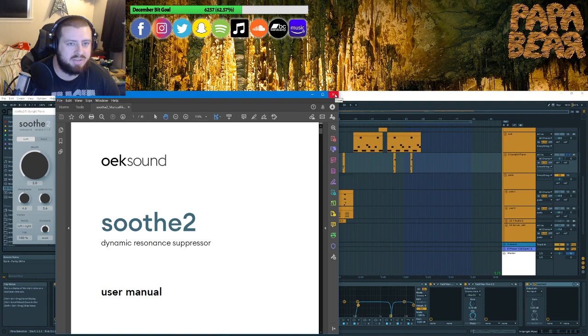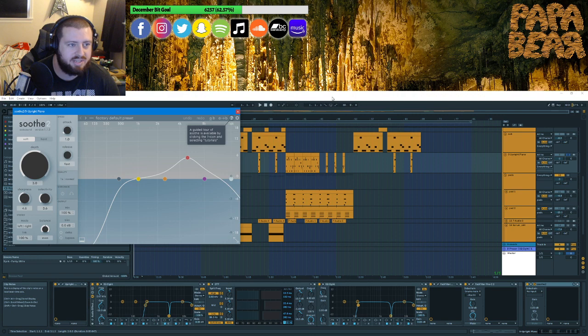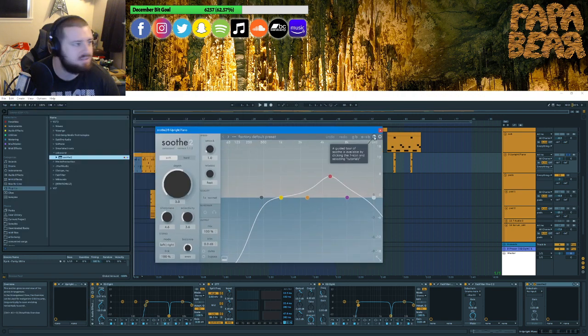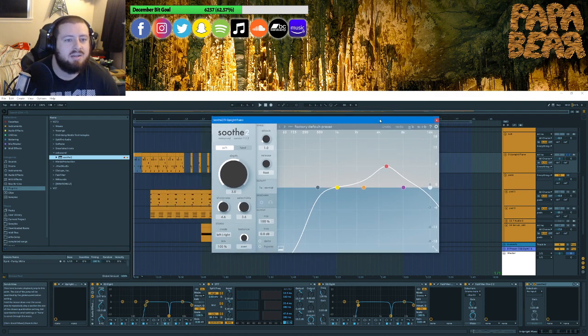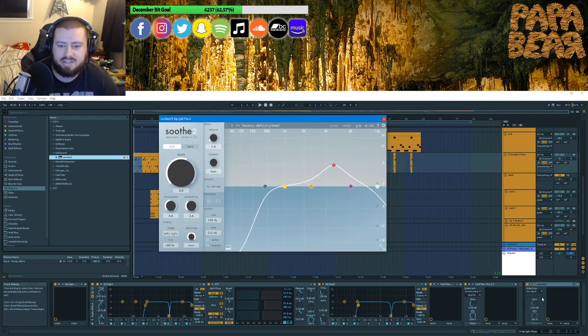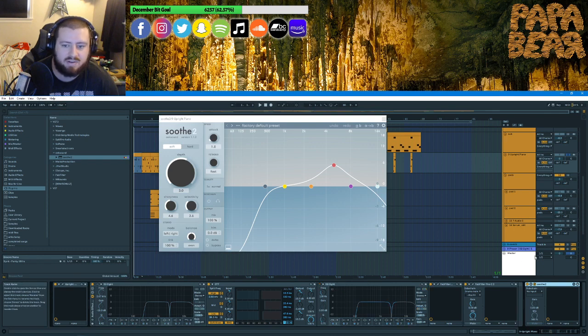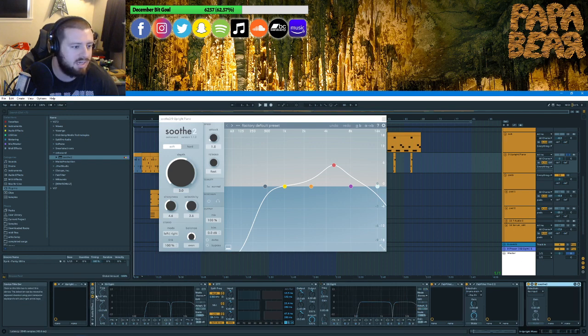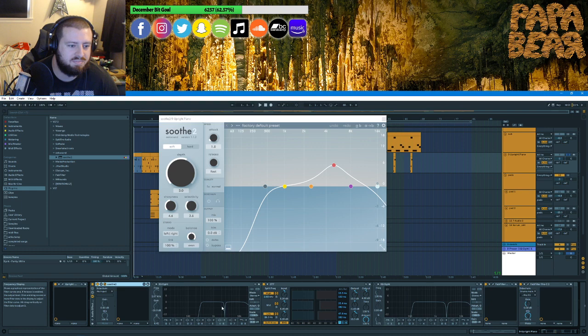Oh, pops up the manual. That's interesting. This is the first time I'm loading it, so first play around here. But okay, I'm going to get rid of these two EQs for now. Put this at the beginning because of these cuts that I'm doing.